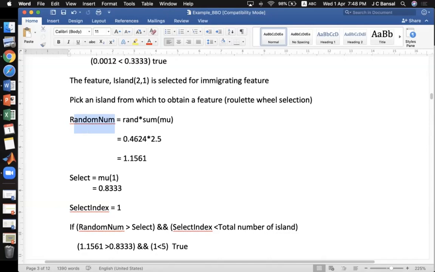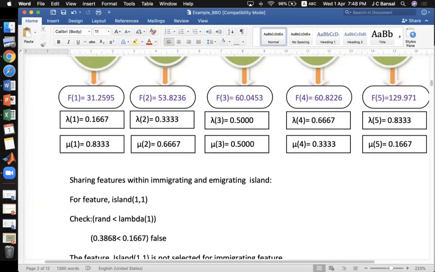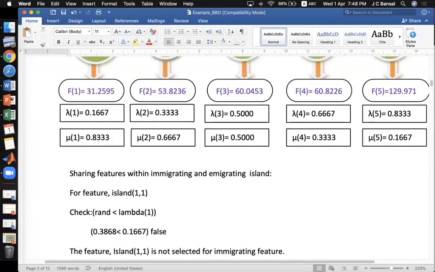Let us define a quantity random num, which is a random number between 0 and 1 multiplied by the sum of all mu's. Here are all these mu's; add all these mu's. Can you tell me what the summation will be by default? If I add all lambda and mu's, what will be the sum?